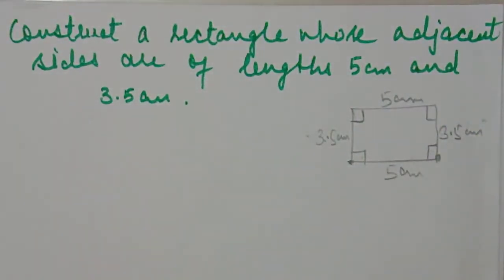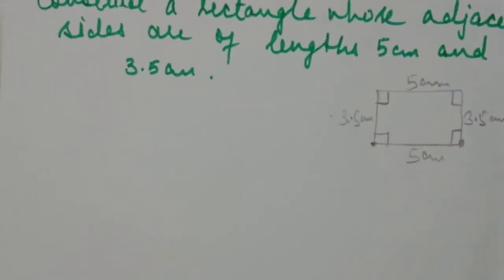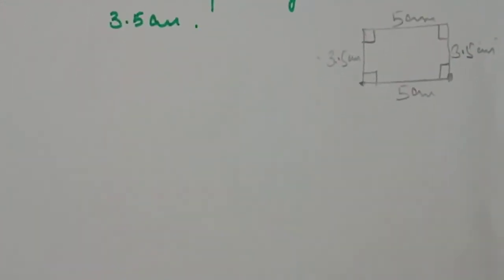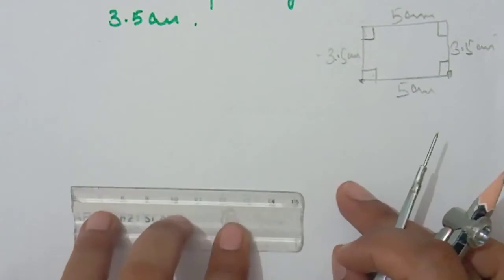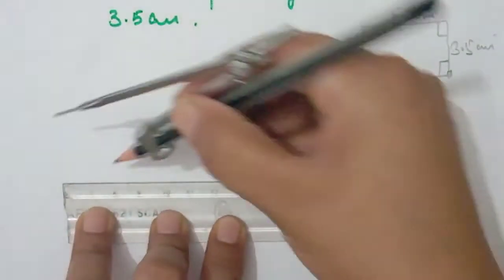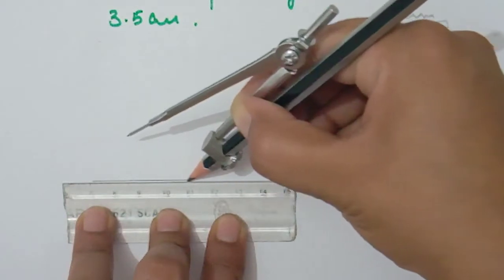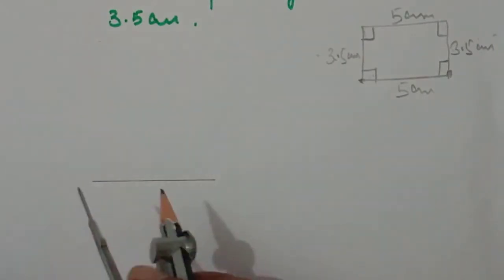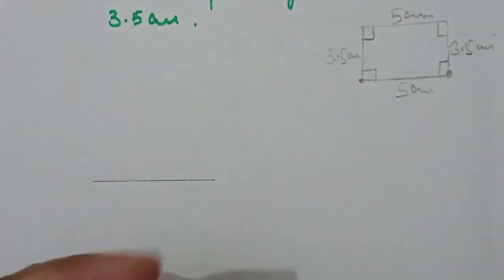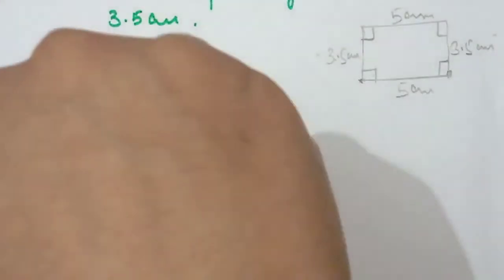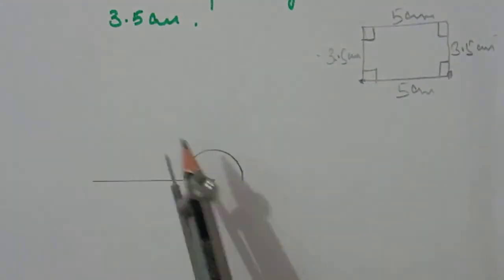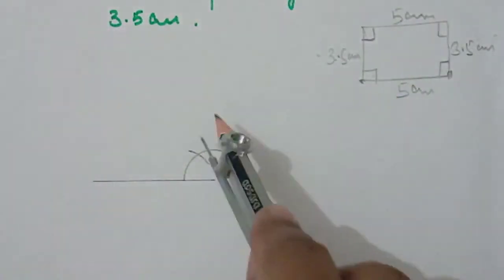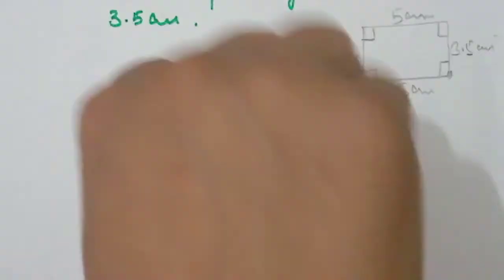So students, now we know all the properties of the diagram. Now we have to draw this rectangle. First of all, we have to take the 5 centimeter side here. This is our 5 centimeter side. Now we will draw two 90-degree angles. First of all, the 90-degree angle, we will mark the arcs like this. You know it very well. Then how we will draw the 90-degree angle in it.